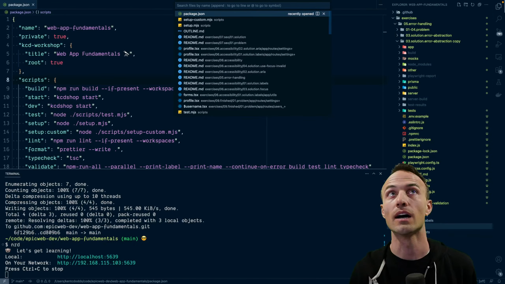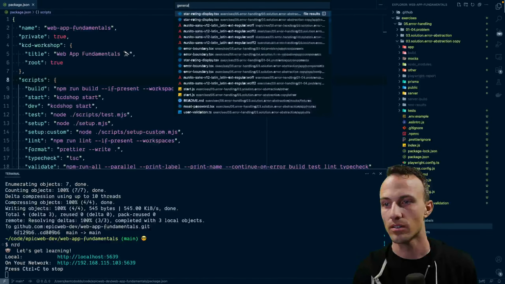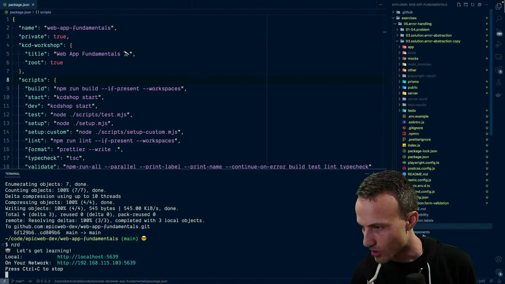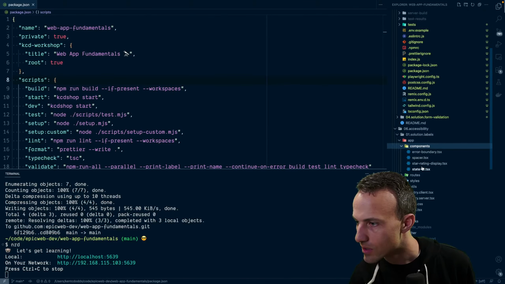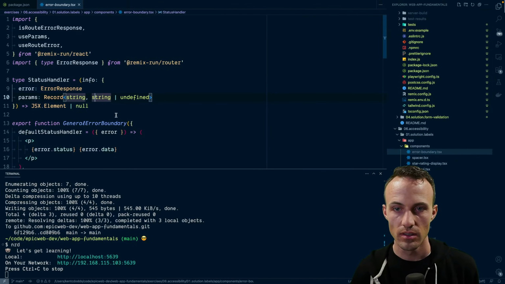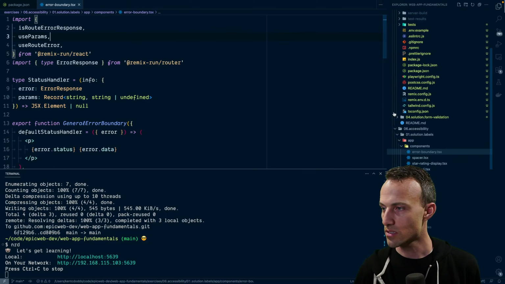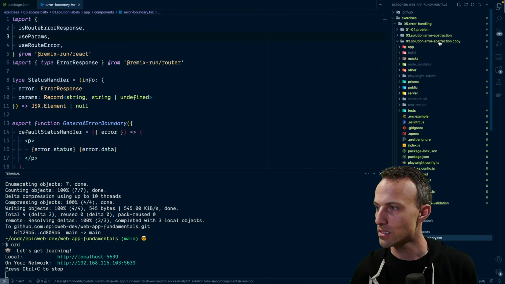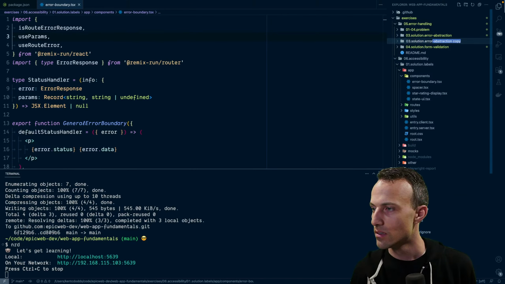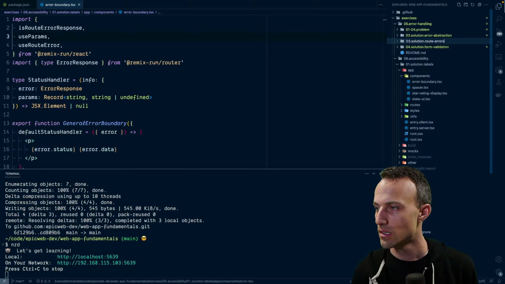Error boundary is route error response. Okay, yeah, route errors. Yes. There we go, and that's 02.